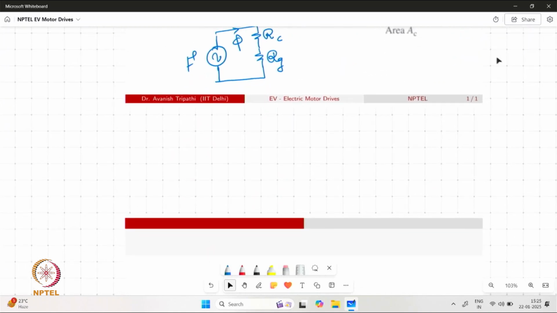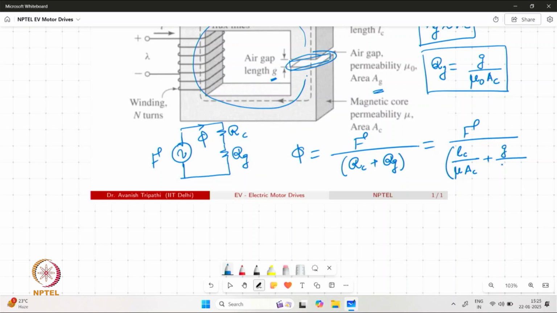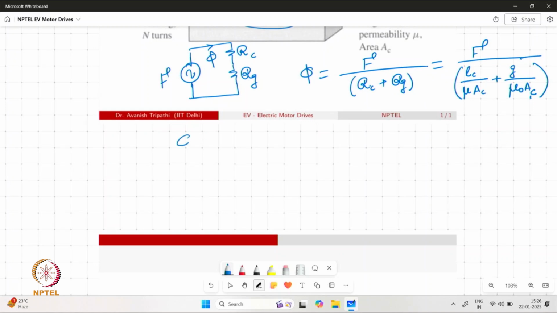Now the flux that we are trying to compute over here can be represented as, where Ag is quite similar to Ac, so this can actually be written as Ac. So if we take out these terms which are common, we can find that